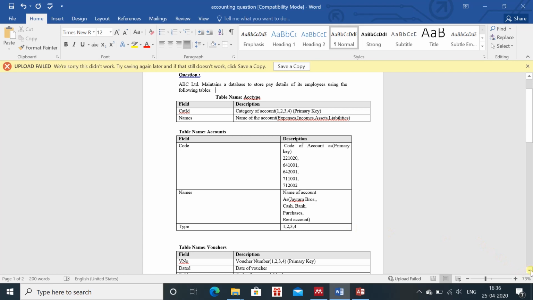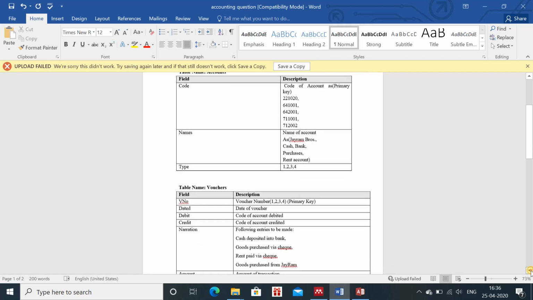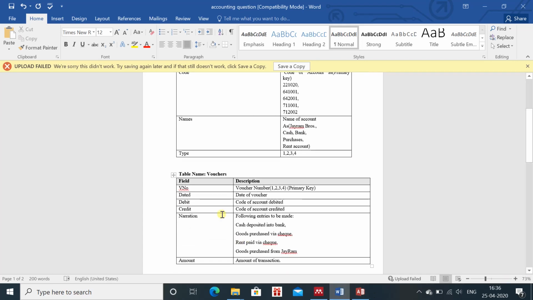Then we have the voucher table. In the voucher table, they have given some values, and you can see that they have given the narrations also. In the narration they have given some entries, and you have to pass the entry. We know that whenever we are entering a value in accounts, first of all we have to enter it in the journal entry.